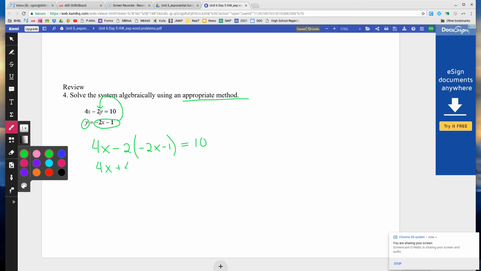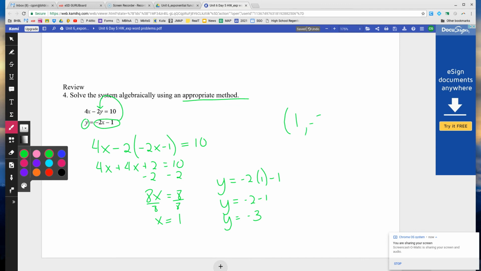So I'm going to distribute. I am going to combine my like terms and move my 2 to the other side. So I now have 8x equals 8, giving me that my x is 1. Now that I know my x value is 1, I'm going to plug that back into either equation, and I'm going to say that y equals negative 2 times 1 minus 1. So y equals negative 2 minus 1, so my y value is negative 3,